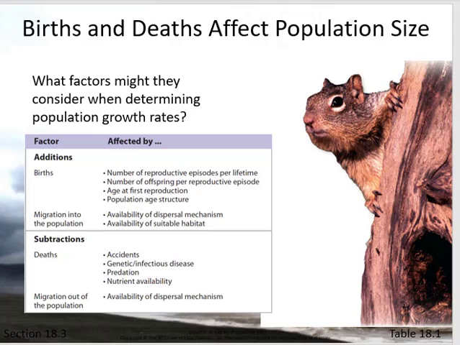So, there are some things that occur that will increase a population. Births, babies born. How many animals migrate into a population? All right, and we put that together with things that just basically